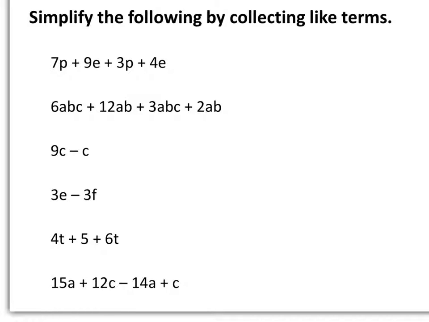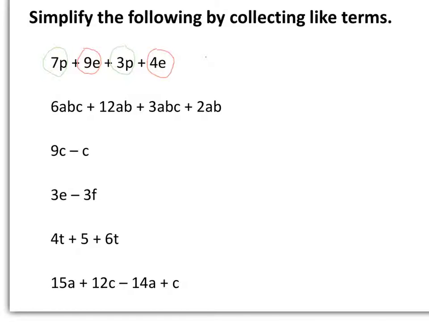Here we have some more examples of simplifying. The question reads, simplify the following by collecting like terms. So what we're looking for is any terms that have the same letters in them. For this first example, we'll circle the terms that are like. So this one is 7p and 3p, they're like terms, and 9e and 4e are like terms. So when we simplify them,